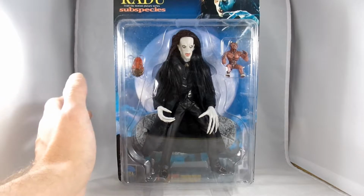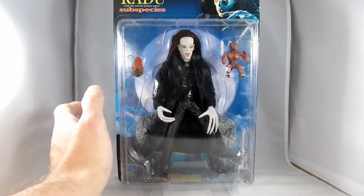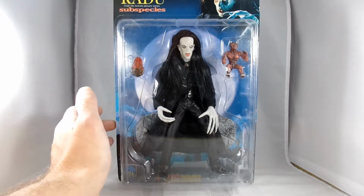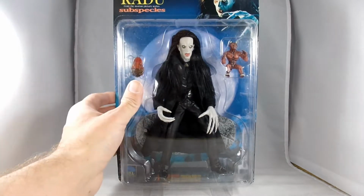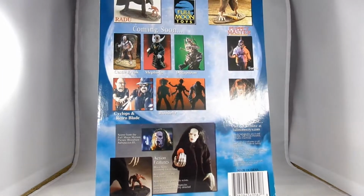Radu is definitely an older figure now. I doubt his articulation's all that great, but he is one of my favorite vampires, and definitely not a Twilight kind of vampire. He's got the Bloodstone, one of those little blood demons with him. And you can see he's in the package here, a little picture up in the corner. And on the back,